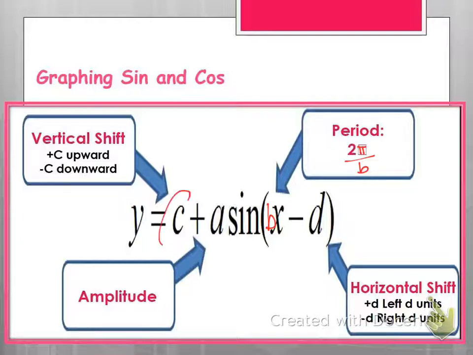Now, if we add or subtract a constant to our entire function, that's going to give us a vertical shift. That's going to give us a vertical shift up and down, right? If we add or subtract a constant inside of our function, like this, it's going to give us a horizontal